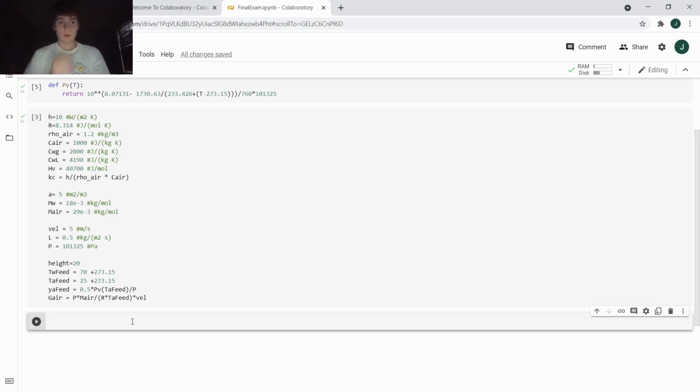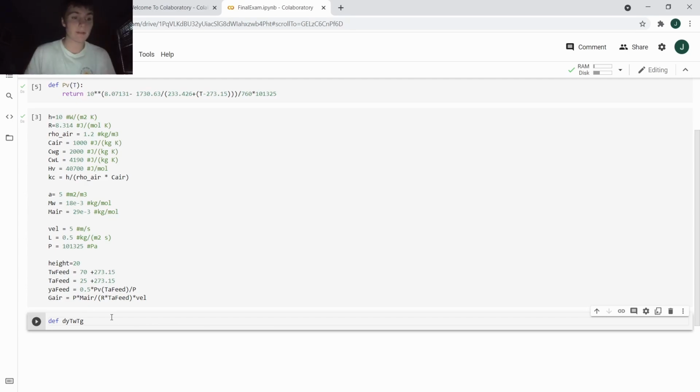And so we want to solve our differential equation, and when we use solve IVP, we need to input a function into solve IVP that returns the right-hand side of our differential equation. So we will define that right-hand side of our equation as a function right now. We'll call it dy dt